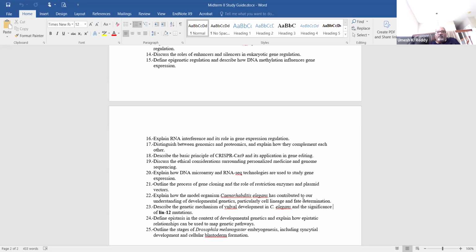This interaction is very important for downstream signaling. Okay, so that signaling is very important for the formation of vulva development. So what can happen here? You can either study the mutants or you can ablate to understand the cell lineages. That is what you are going to discuss in question number 22. The genes especially are epistatic or hypostatic.